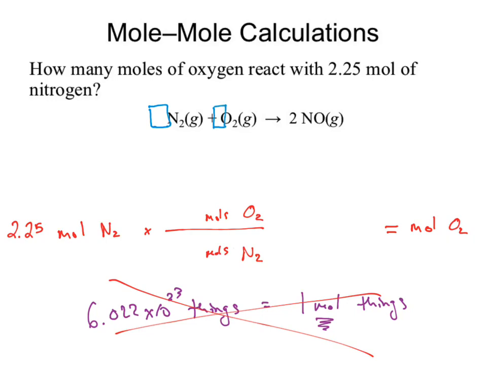Oh, okay. So 1 and 1. What numbers show up in my conversion factor? 1 and 1. What happens? Moles of N2 cancel. Would I have moles of O2? Yep. So my answer is